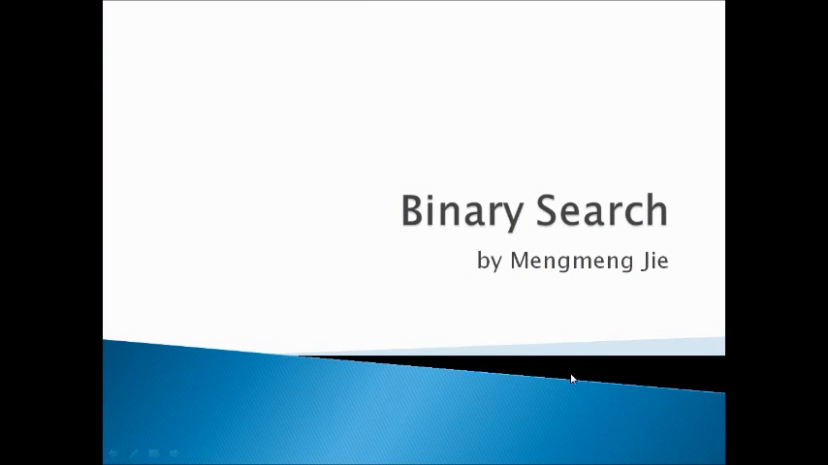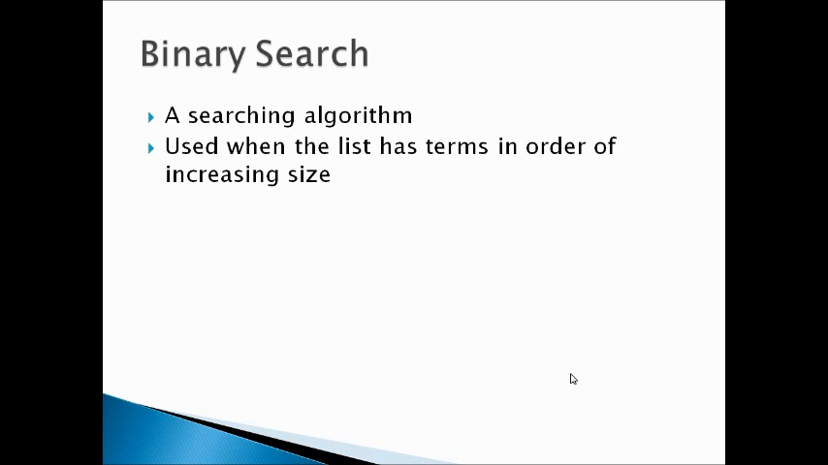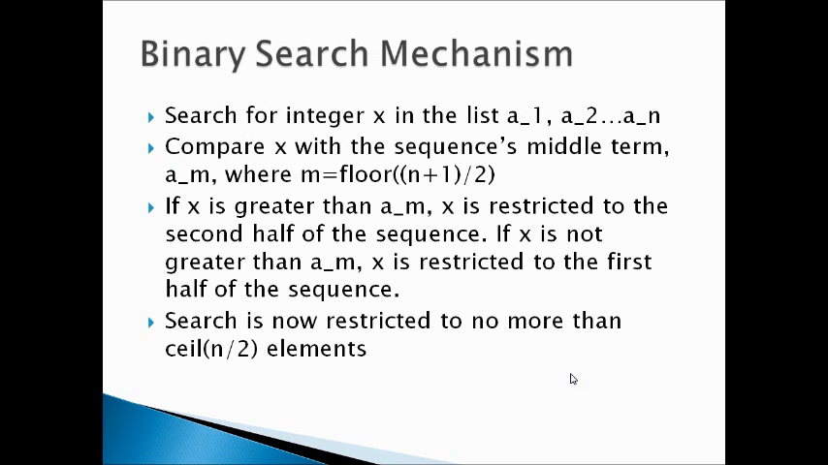Hi everyone, I'm Mingming, and I'll be talking about binary search. Binary search is a searching algorithm, and it is used when there's a list that's already ordered in terms of increasing size. This search works in this way. To find the integer x from a list a1, a2, all the way to an, we first compare x with the sequence's middle term. And we find this middle term,